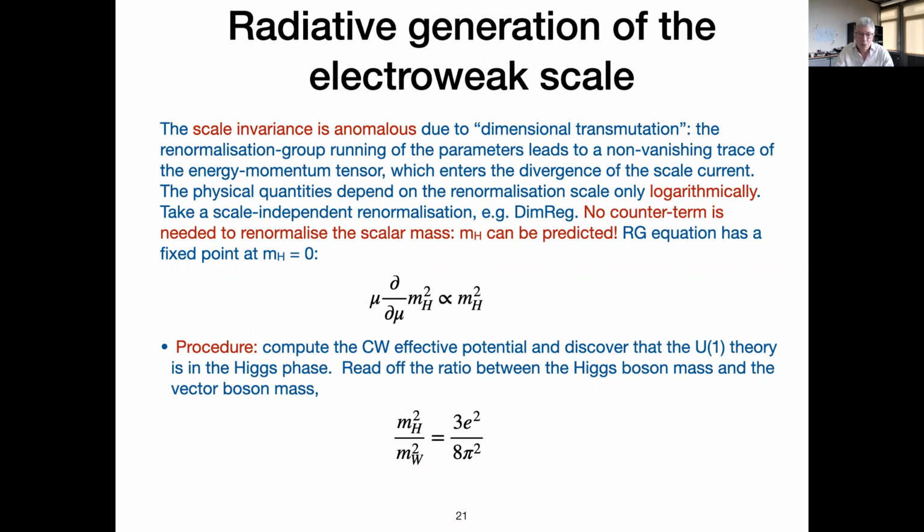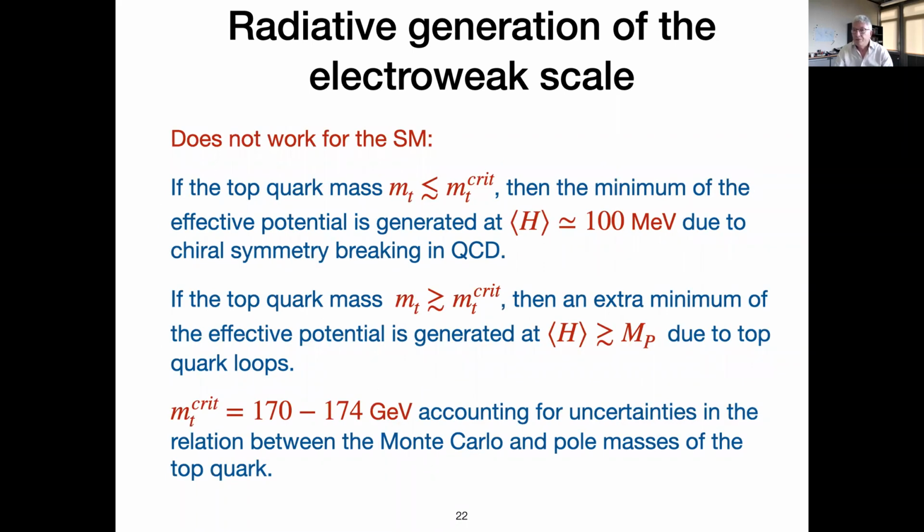So how did Coleman and Weinberg compute that? They found the effective potential in this theory. Then you discover that the effective potential of this theory has a minimum at a scalar field which is not equal to 0. You find the Higgs mass at this minimum, you find the W mass at this minimum, and what you determine is the ratio of the Higgs mass and W mass. And so that's a finite number, and it's expressed through the gauge coupling. This is a very attractive mechanism,